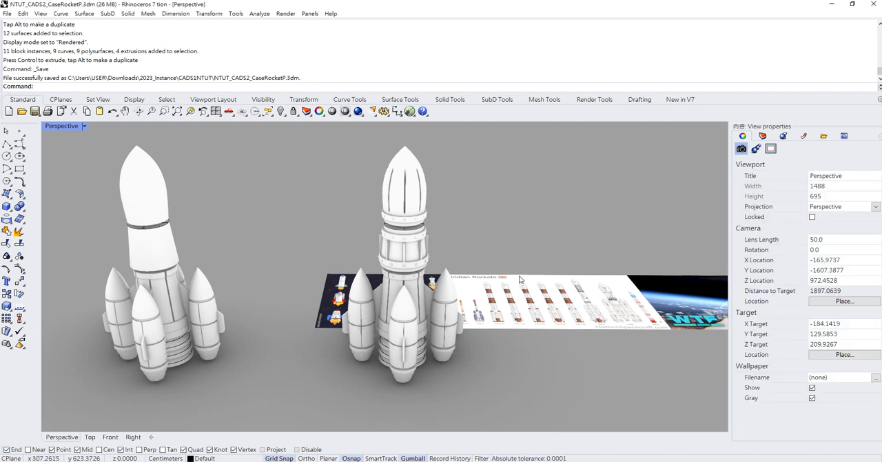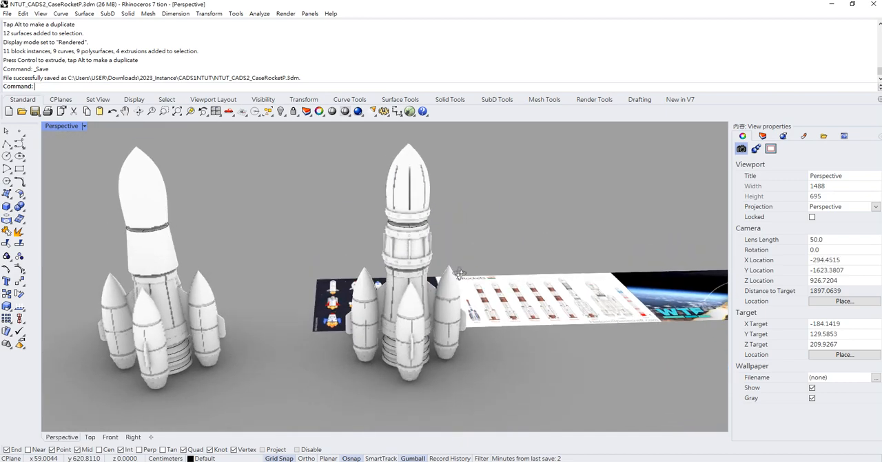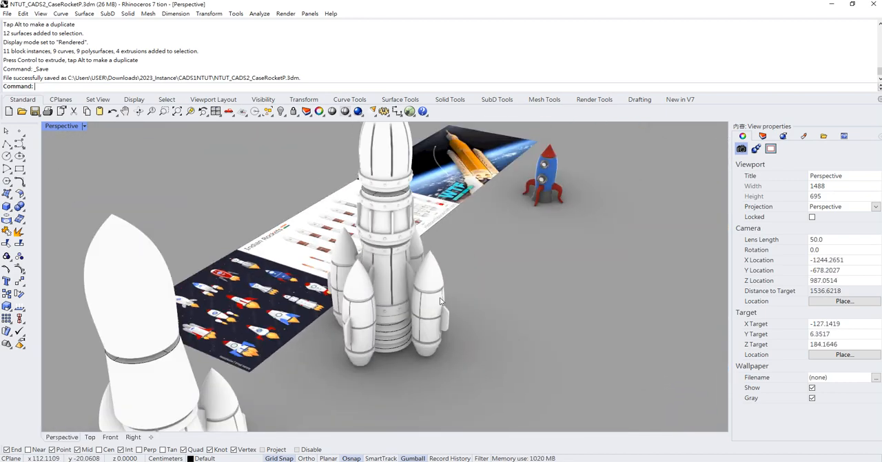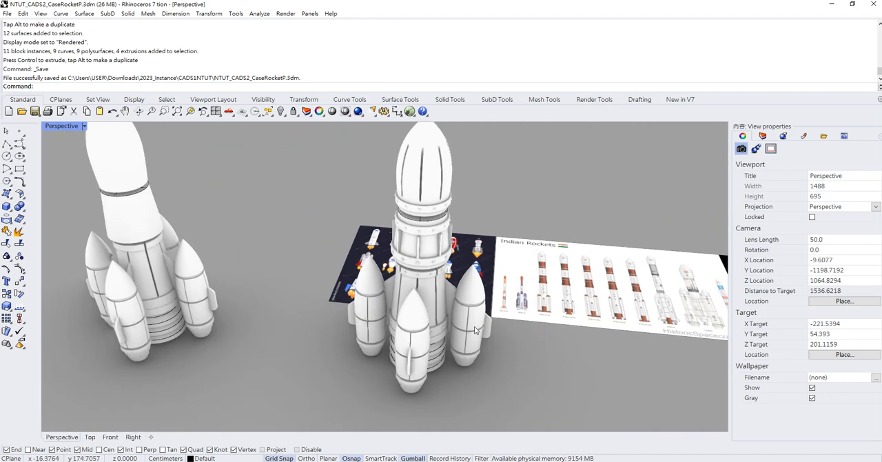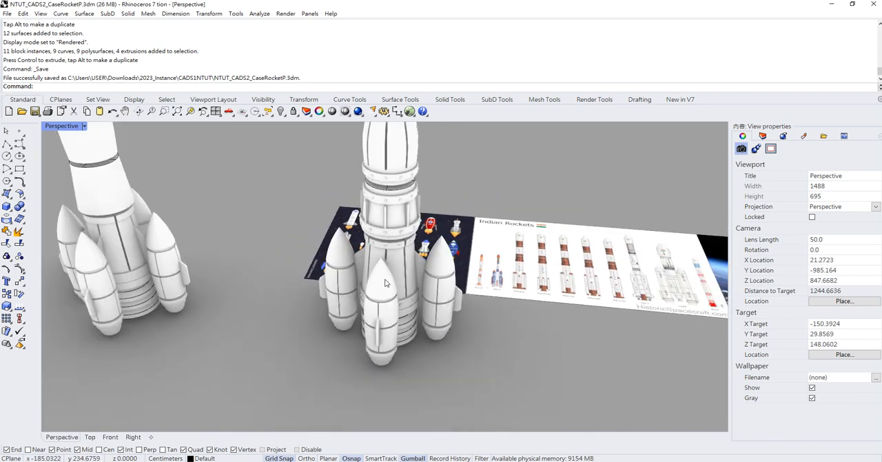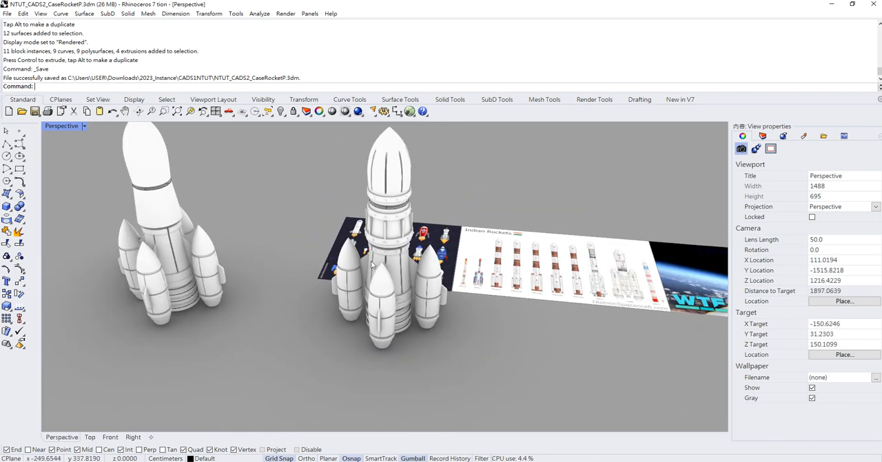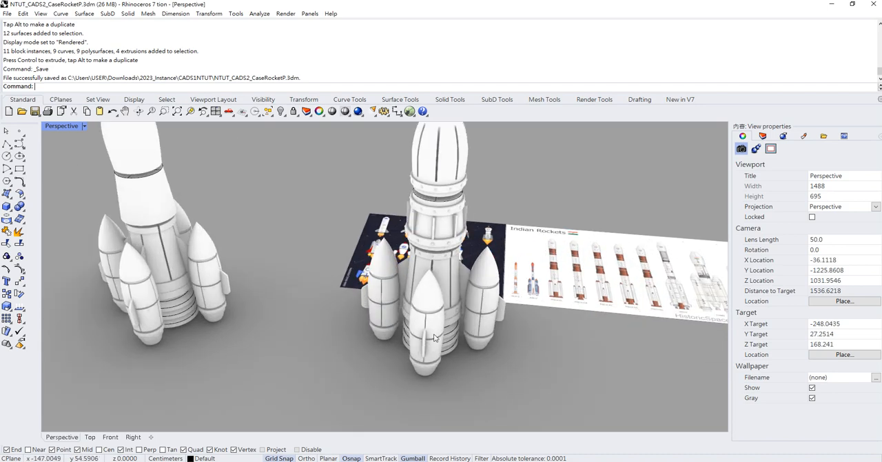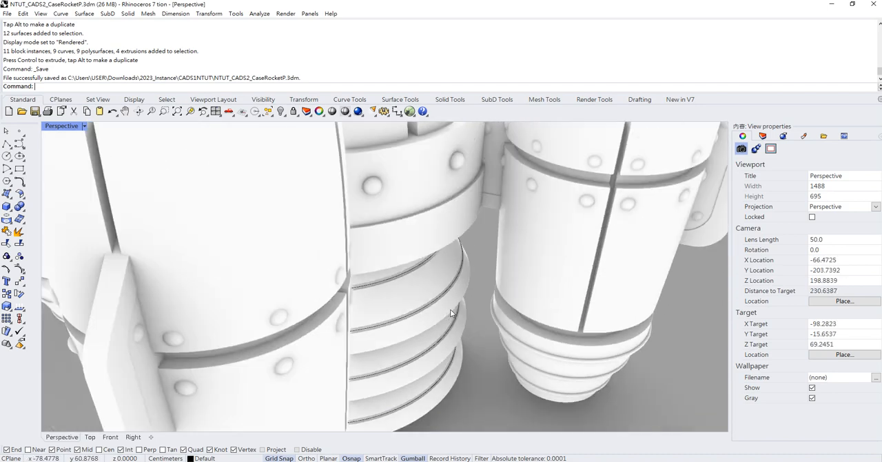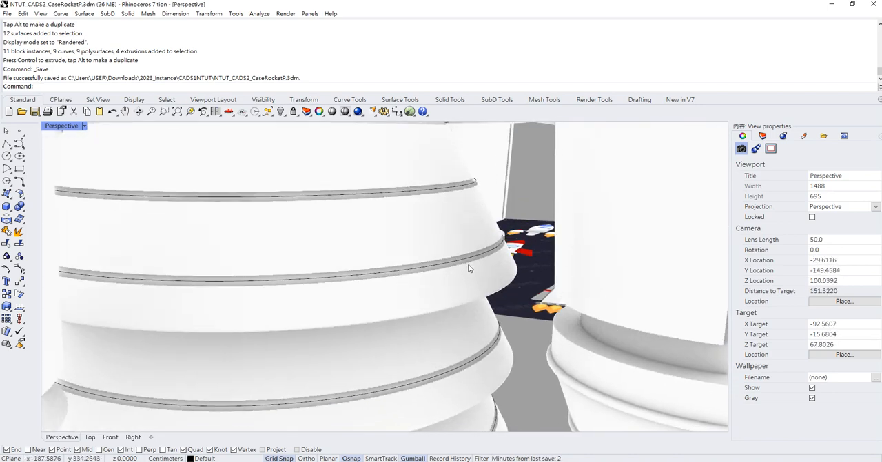Okay, good morning everyone. So last time we already finished the model of our rocket, including all the detail, nails, trees, and all the different geometry on the surface. So now we are going to set up the material for this one. Before that, I want to clean up this model because as you can see right here, actually there's